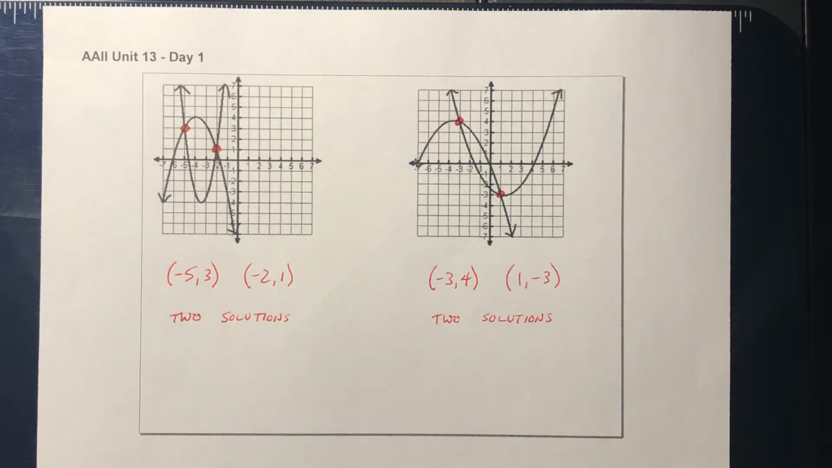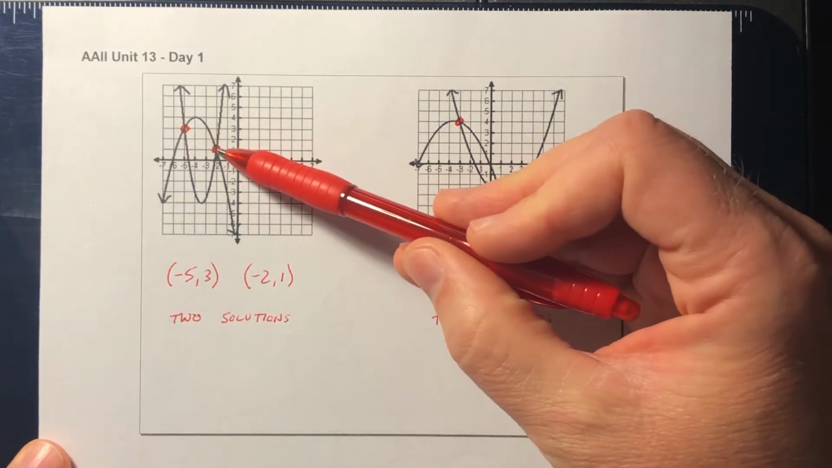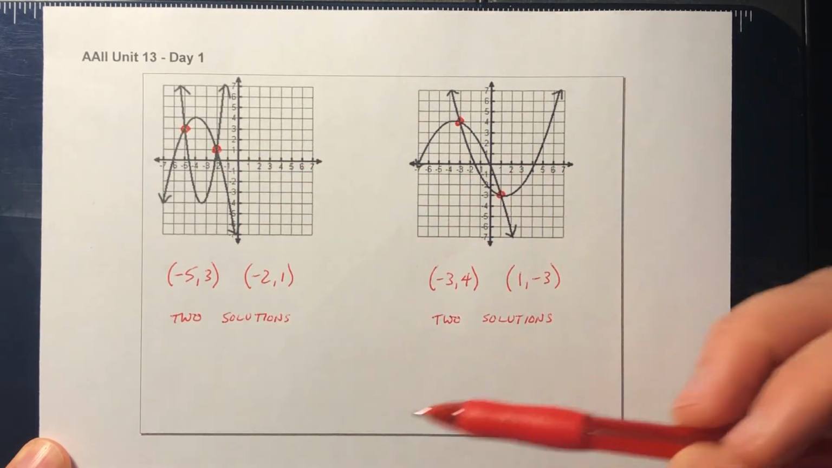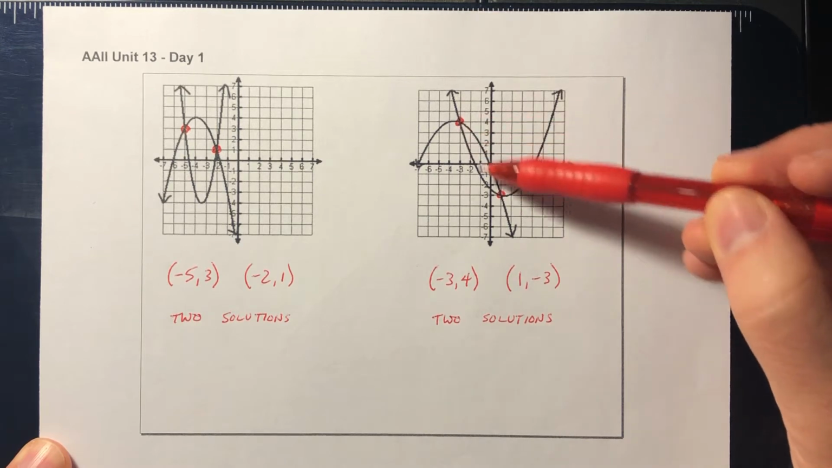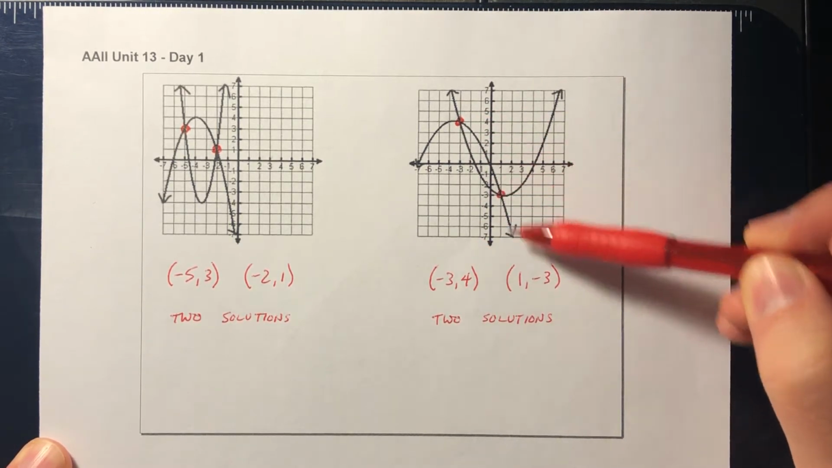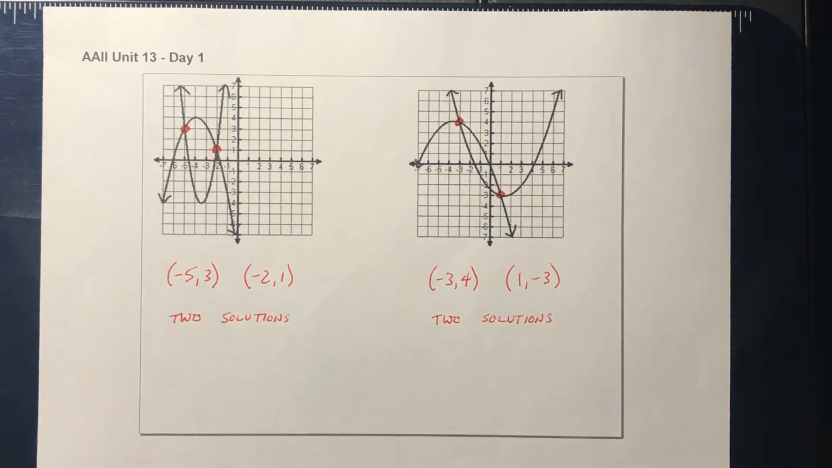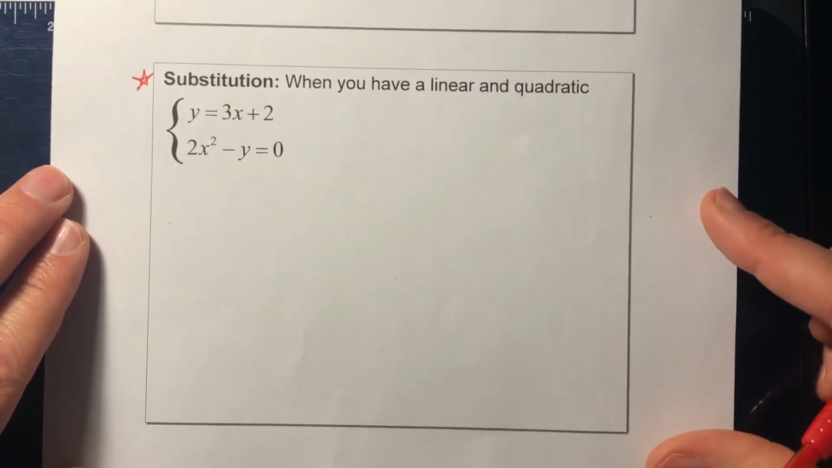We could also have a quadratic with a quadratic. They meet two different times: -5, 3, and -2, 1, so two solutions. The one on the right, quadratic, quadratic. Again, we have two solutions, -3, 4, and 1, -3. All right, so the bottom line is when we solve by graphing, we want to find out where they intersect, okay? All right, so now,